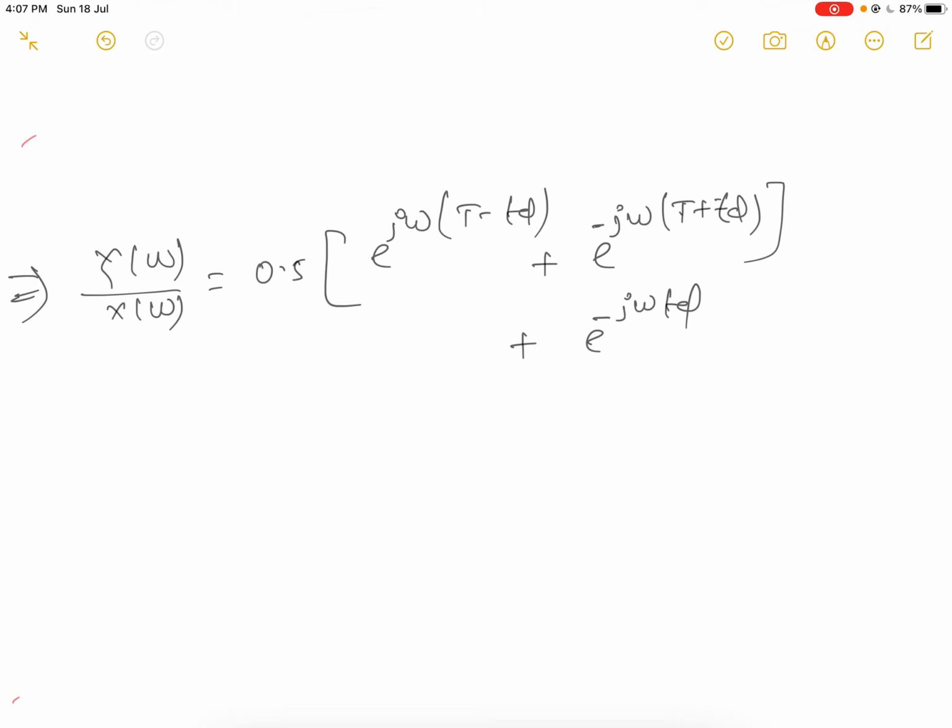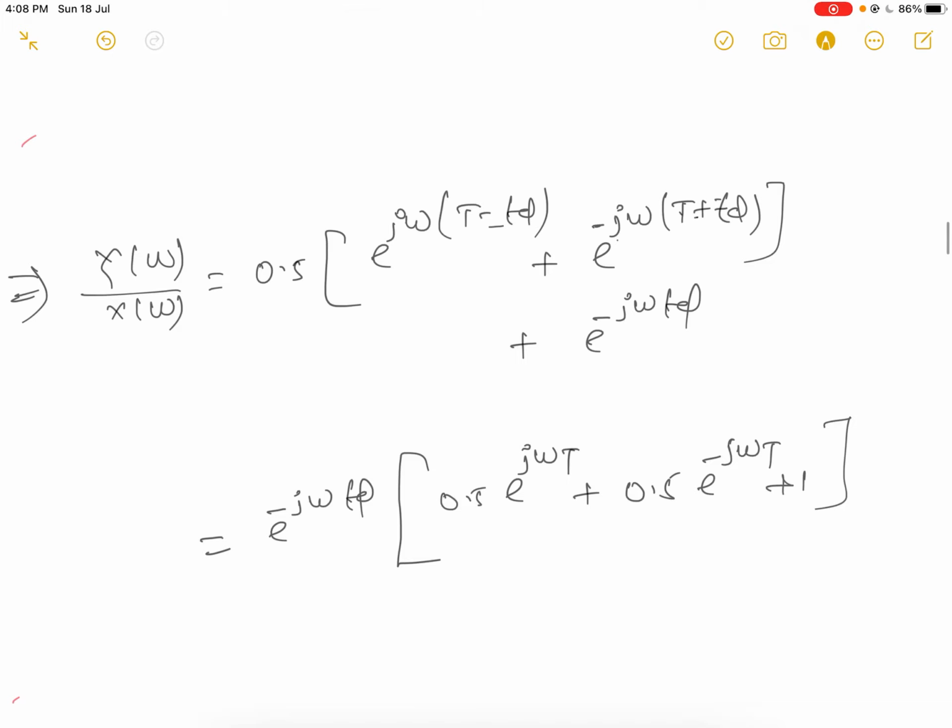Now rearrange it. Take e to power minus j omega td common, it is present in all three terms. Then here will be 0.5 e to power j omega T, plus 0.5 e to power minus j omega T, because here the plus sign becomes multiplication, plus